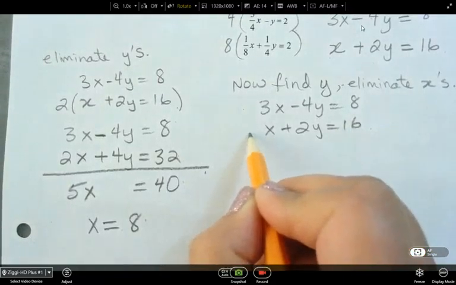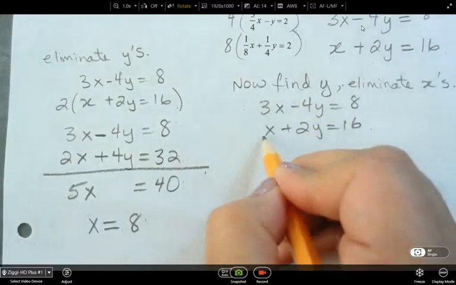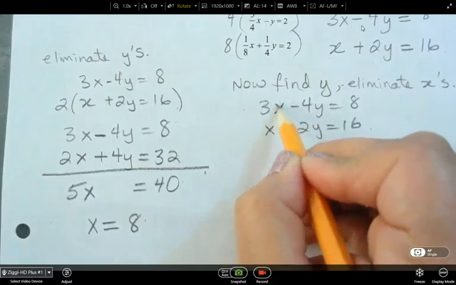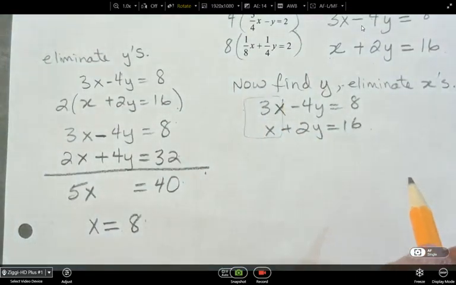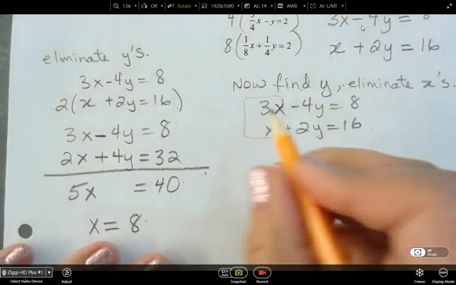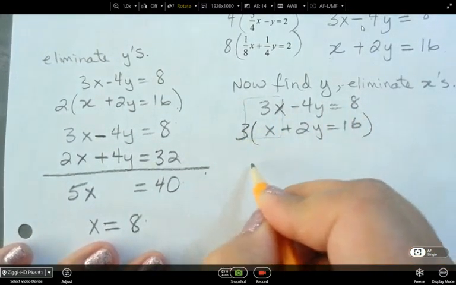What can I do to one of these equations? Multiply by 2. So I want to eliminate my x's, right? So I need the coefficients for my x's to be the same. So I'm going to multiply the second equation by 3. Okay. All right, so let's do that. Let's multiply this one by 3. And that's going to give me,